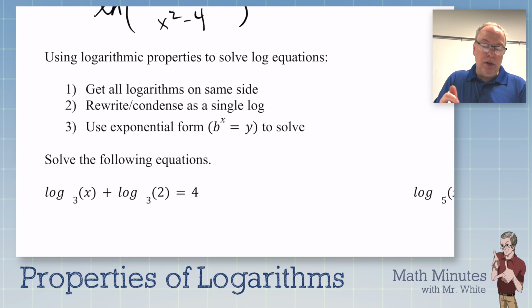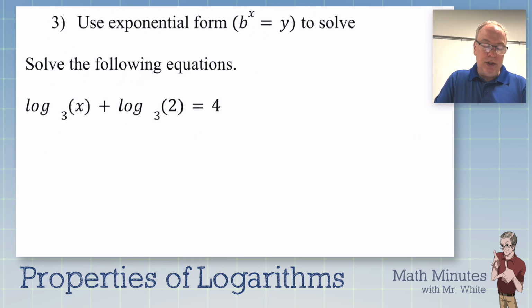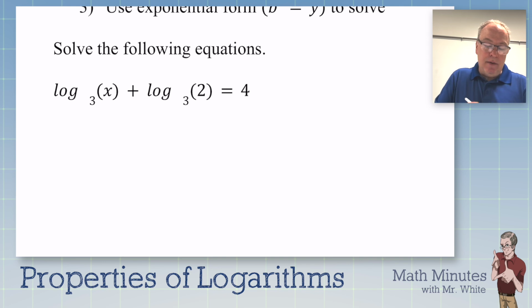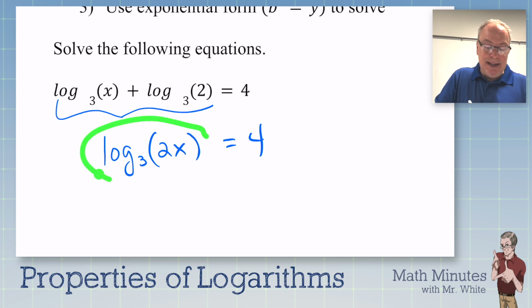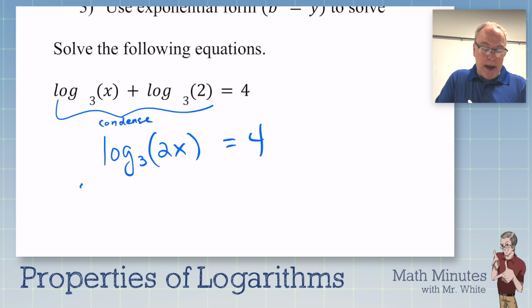All right, so using logarithms to solve some equations, you want to get all the logarithms to one side, and then you simply use your condensing and such, and then rewrite it in exponential form. So this is pretty easy, actually. Everything's inside the log already. So I can rewrite this as log base 3 of 2x equals 4. I just use my property from today to condense this side. So if we want to put the word condense there, not a bad idea. We're just condensing that. And now we're going to rewrite